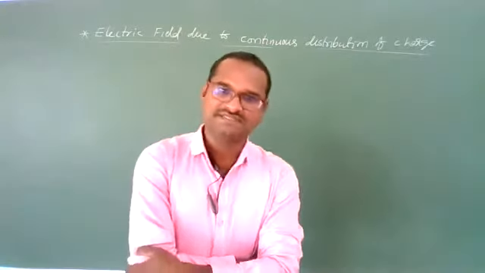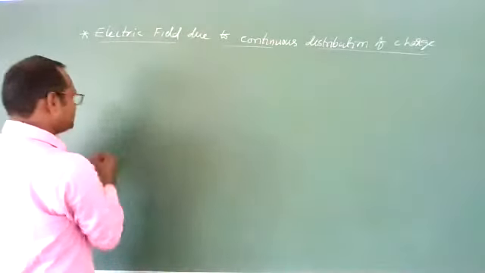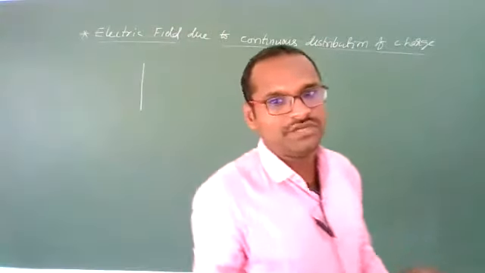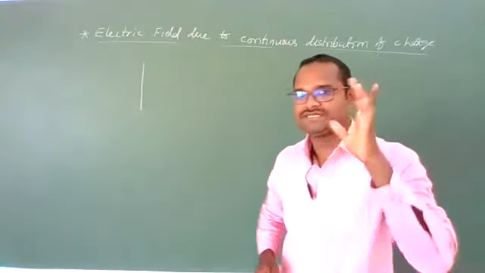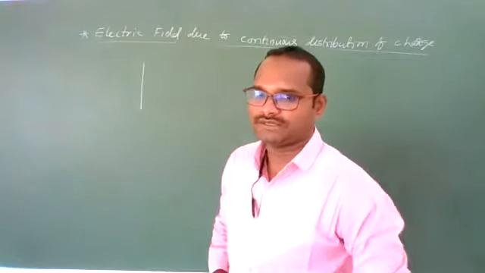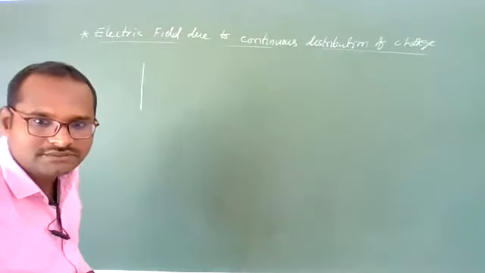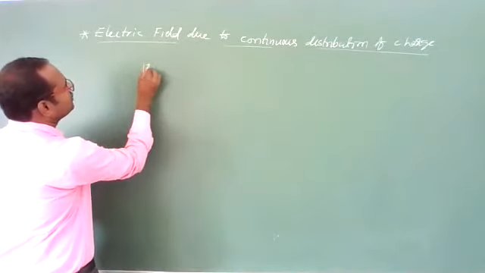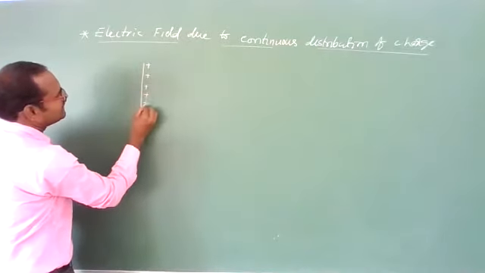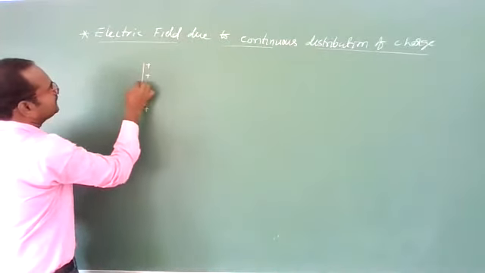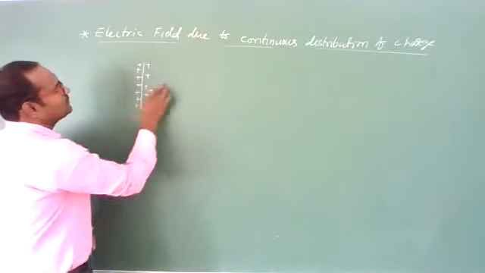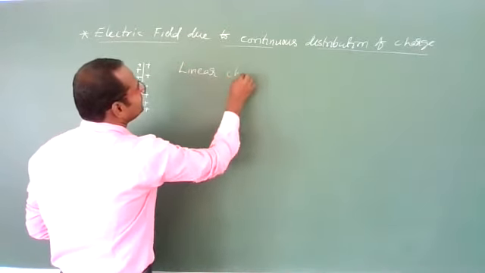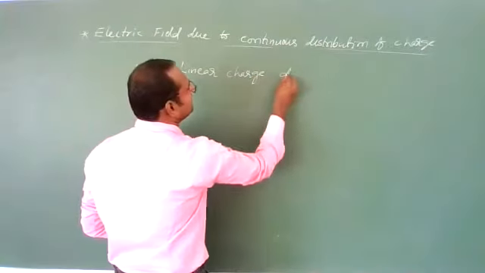Clear? Similarly, here also, for example, if we have one particular rod, only one dimension is there, length. There is no breadth and no height. Area and volume are not there. Now on this, let us suppose a charge Q is distributed continuously. Then for this type of object, we should call it linear charge density.